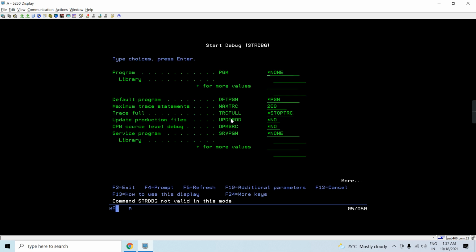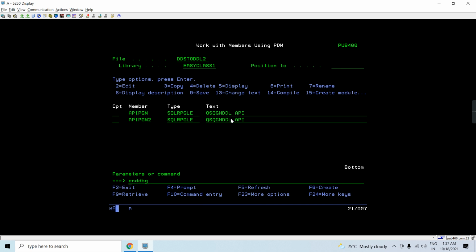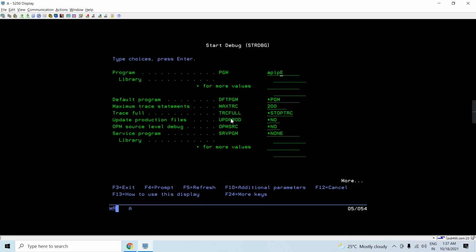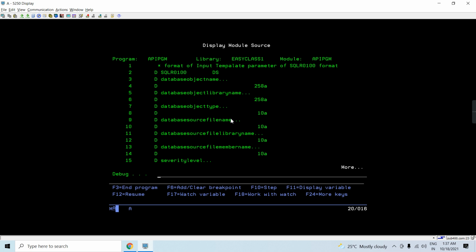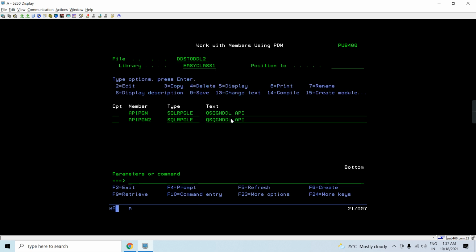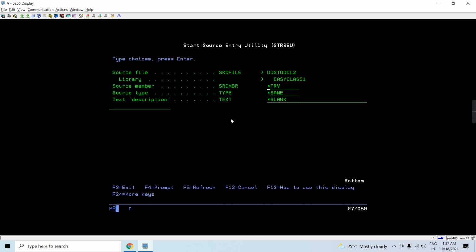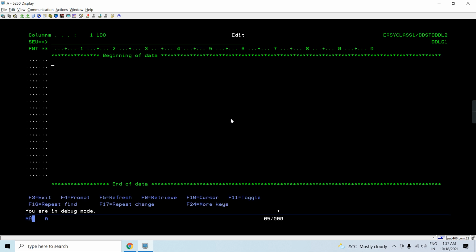Let's debug this. So before calling, we need to have the source member, which we are going to have as DDL1, DDLG1, and let's say the type is SQL.